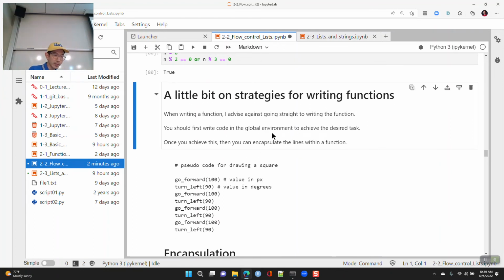When you write functions, I recommend that unless you're dealing with a very simple function, don't go straight into writing the function, okay? First, write some code in the global environment without putting it inside a defined function. Just see if you can get your code to do what you want it to do. And then once you have it working,